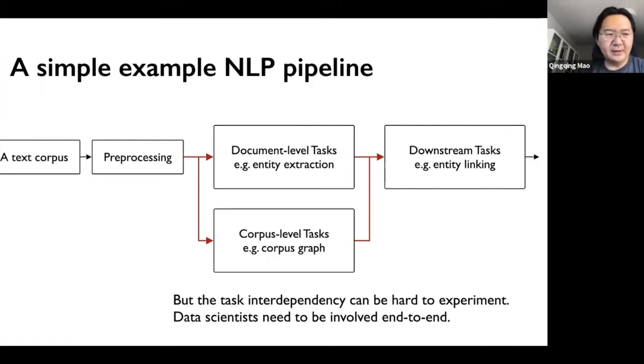And a lot of times you can have these tiny bits here and there. And it is important for data scientists to be involved end to end. So for all these red arrows, for these dependencies, you cannot just say every block is a model, I just deliver it to the engineer and let engineering take care of it, and you just forget about it. That's not going to happen. A lot of times, data scientists also need to be involved in these red arrows to make sure these tasks get combined and computed, and have consistent performance all the way end to end.